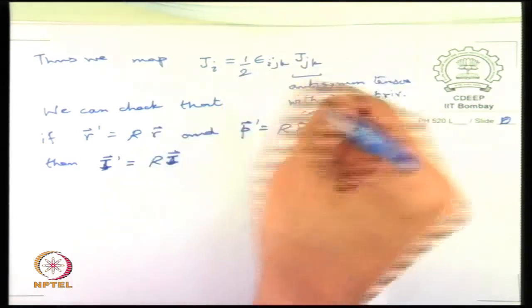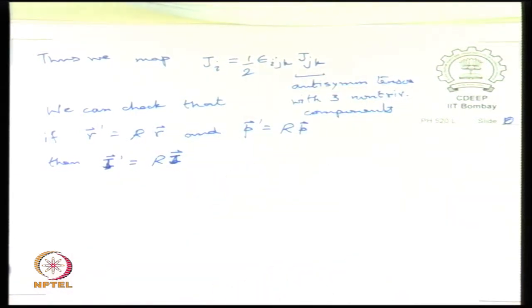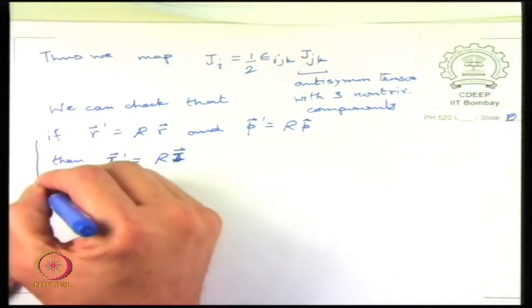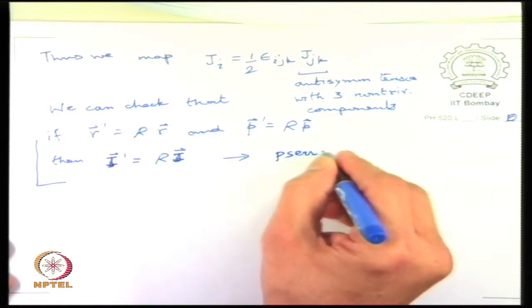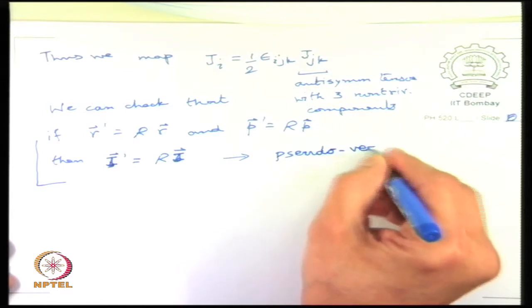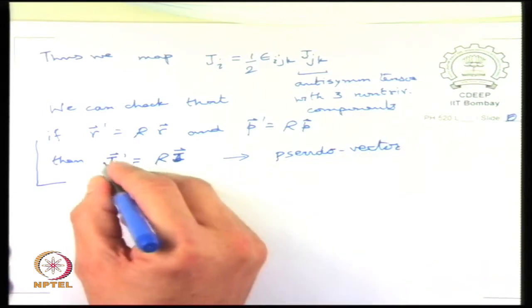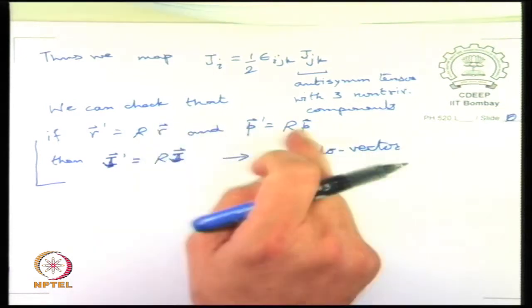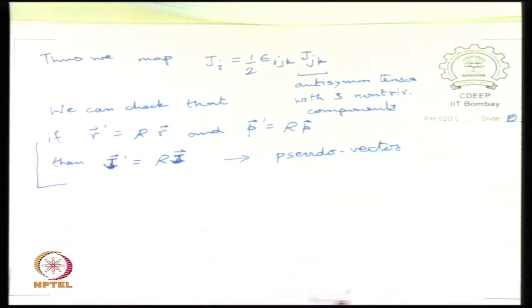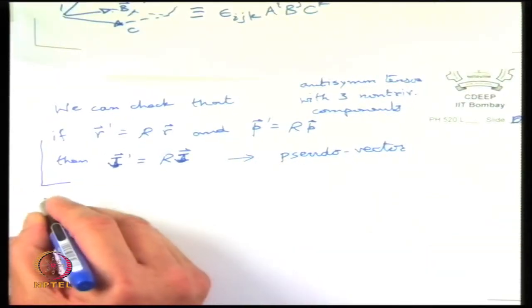After you put the epsilons and so on, you get exactly that this transforms like this. So hence the name pseudo vector. Because it will be seen to transform according to R, but if you flip the coordinates, then because both R and P will change sign, J will not change sign. So it is called a pseudo vector. So coming back, corresponding to the 3 quantities,